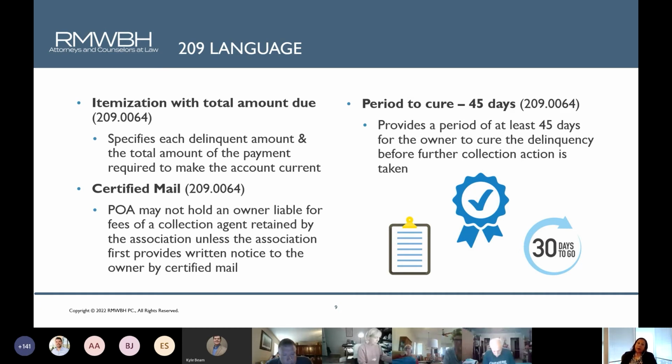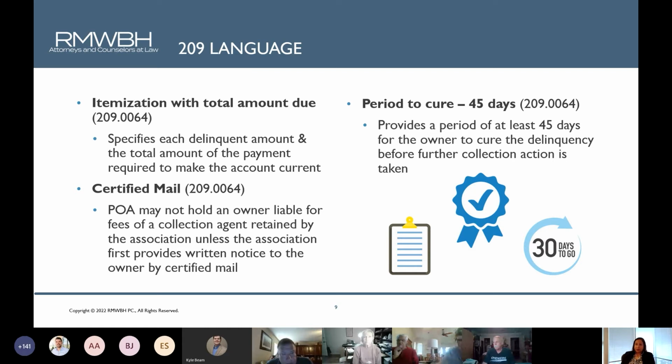Well, why are we recommending that? It's because if a homeowner challenges the 209 collection letter and says it doesn't comply with the law, then the association is not going to be able to recover its attorney's fees. And that could be a big hit. If you have 50 delinquent accounts that you're considering sending over to the association's law firm, and the law firm sends out 50 demand letters, whatever the association's law firm charges for those demand letters could be subject to not being collectible because of that. And so you really need to make sure you think about the risks associated with moving forward.